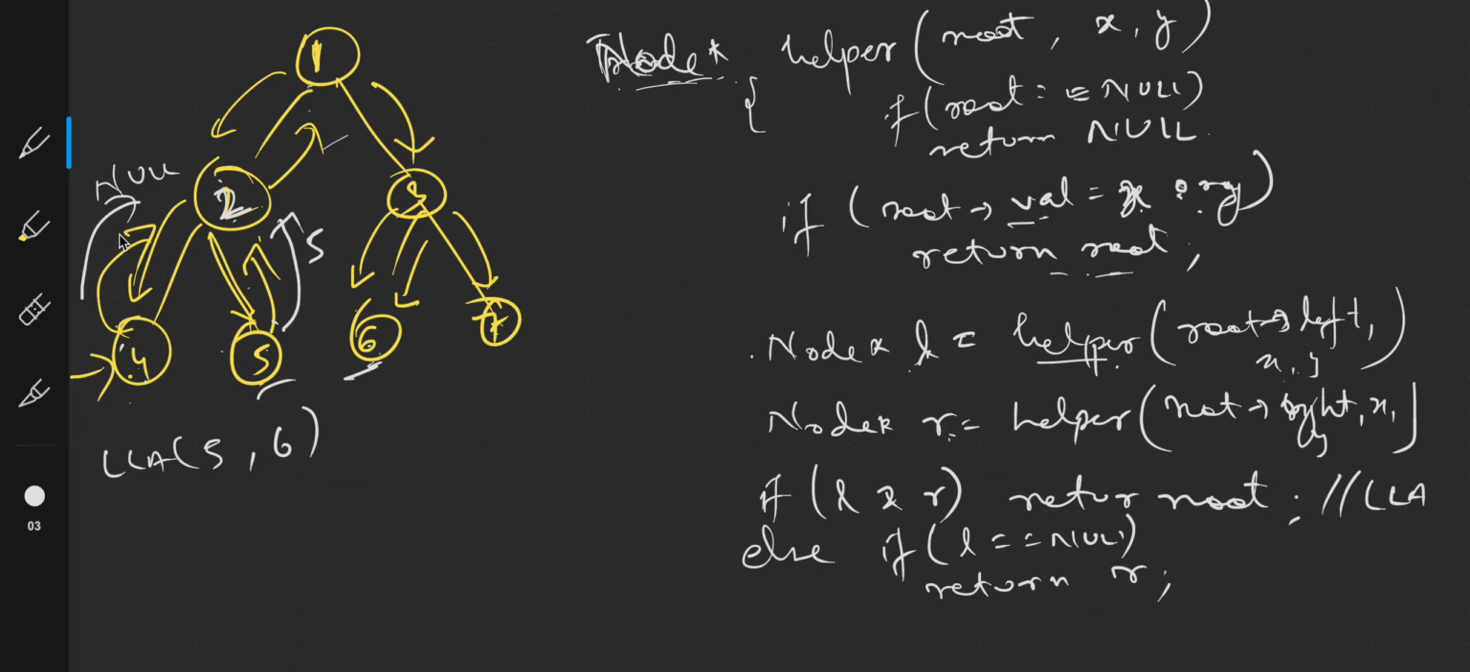4 is not equal to x or y, so it will return null. It will return 5. Now we have to return the valid value here, which is not null, back to 1. Then only what will happen, there is a possibility that this 1 has another node in its right subtree, correct? So similarly 6 will be returned back here and 6 will be returned back here, and ultimately we'll get